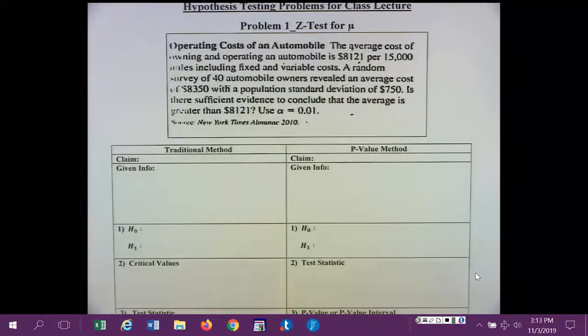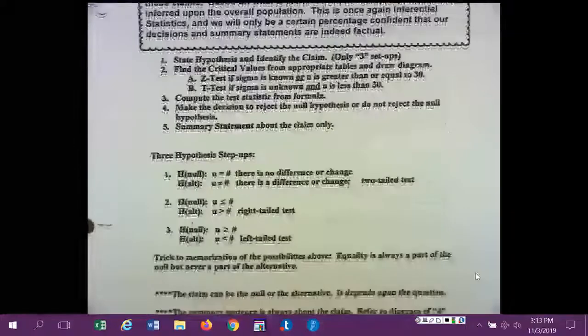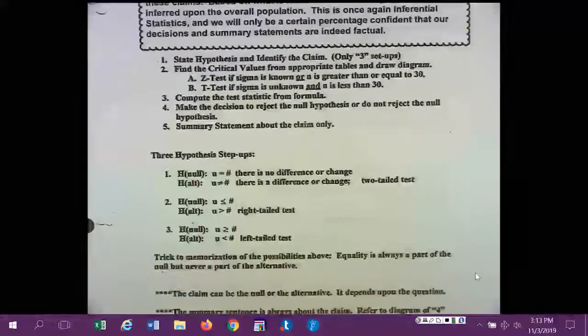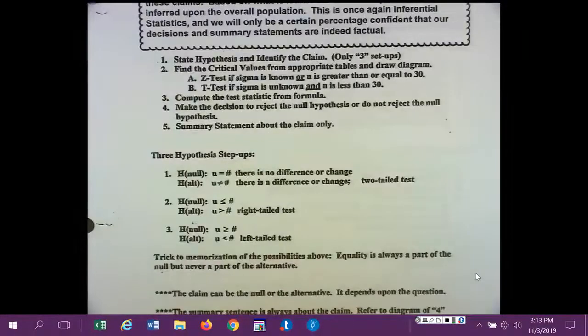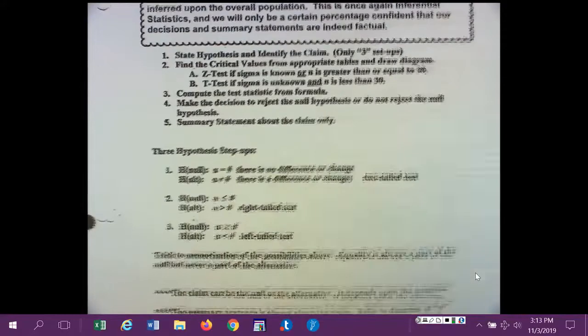In this video, we will begin our lecture with the topic of z-test for the true population mean. The handout that I gave in class with the basic concepts and foundation of hypothesis testing consisted of this particular page,